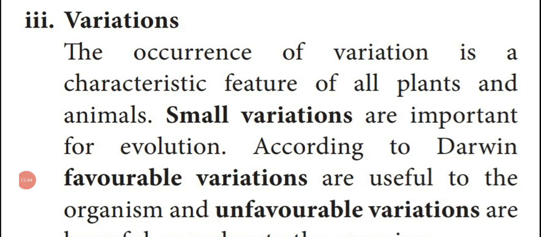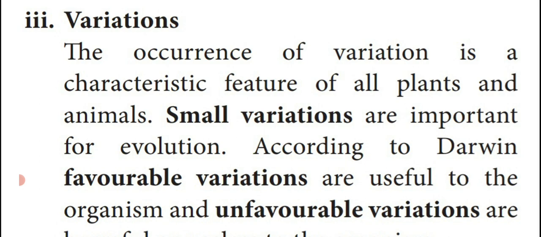Next one is variation. So what is variation? Between the species, they show certain changes. That is said to be variation. This variation occurs in plants and animals. A small difference present among the species leads to evolutionary relationship. That is parinama valarchi. According to Darwin,